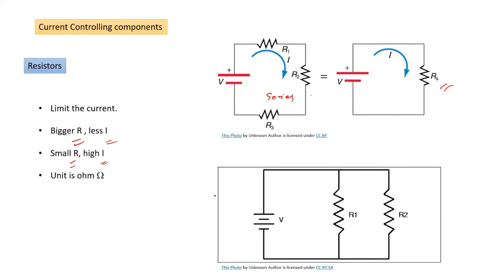Similarly, we have a configuration which is called parallel, and here R1 and R2 are in parallel, and they will have different values of current I1 and I2 depending upon the values of the resistors, but the voltage across both of them will be V. Okay, because they are in parallel, the voltage across each of them will be V only, but different currents. Whereas in the first case, when they are in series, we have a common current value but different voltages. Okay, so this we have already discussed.